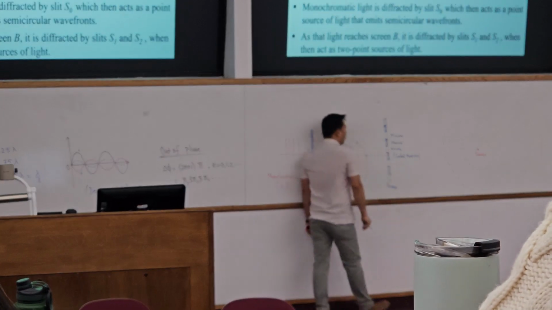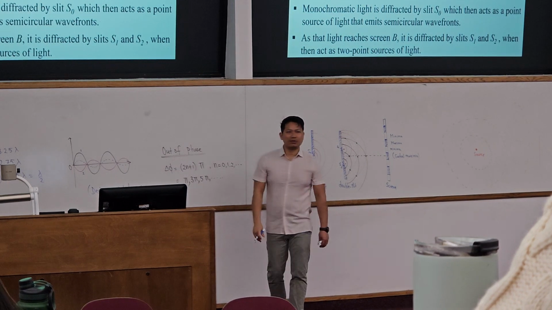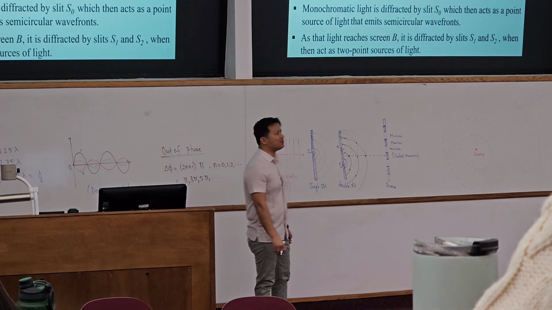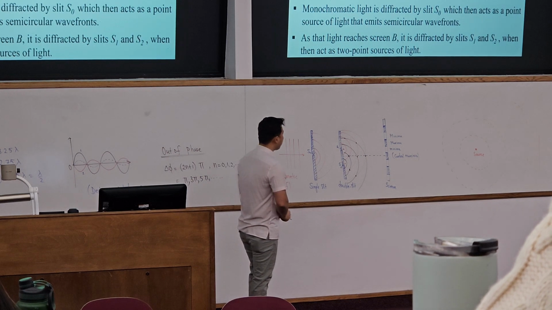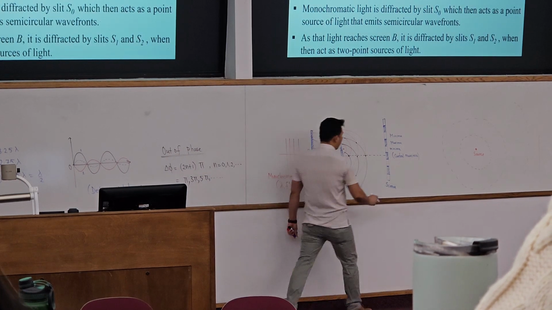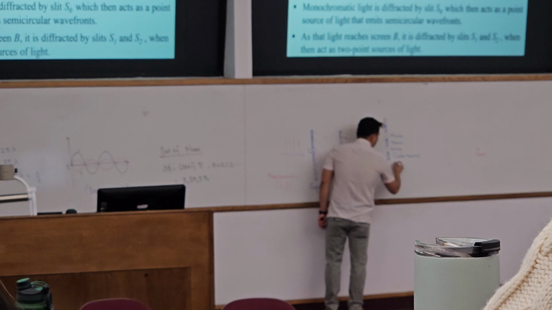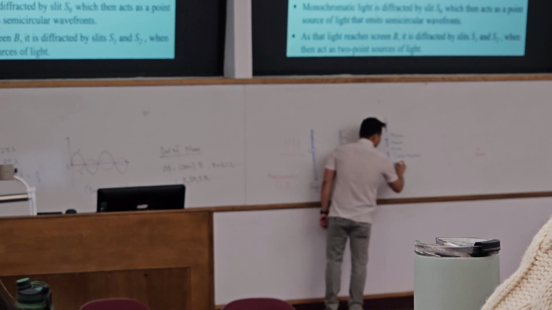You have alternate maxima and minima. Some people say dark and bright fringe. It's the same thing. Maxima means it's bright. Minima means you have a dark. But you have an alternate maxima and minima fringe